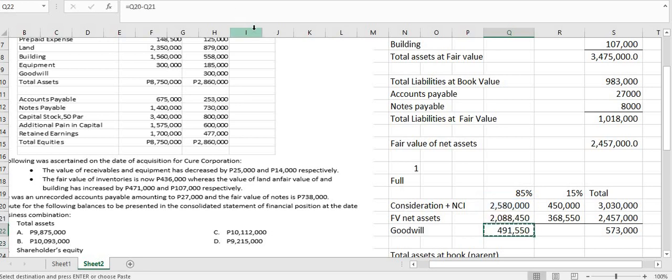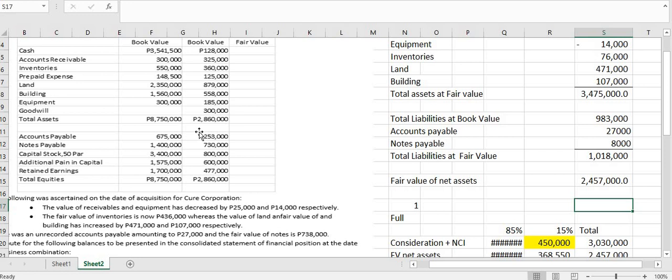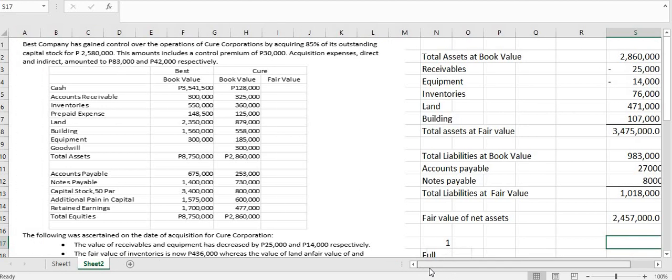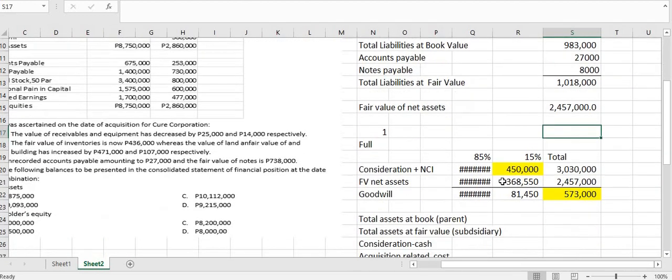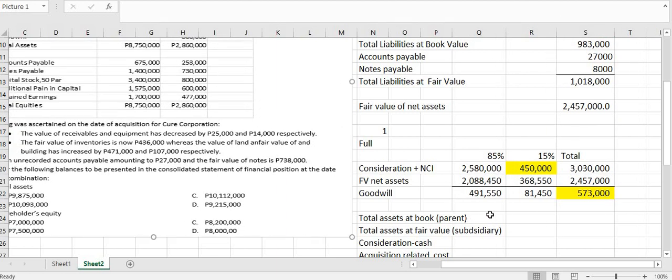So our goodwill is actually 573,000 and our non-controlling interest is 450,000. Okay? To compute the total assets, take note that the given separate financial statements of Best and Cure do not yet reflect the recording of the acquisition, because there is no investment account yet. So therefore, in computing our total assets,